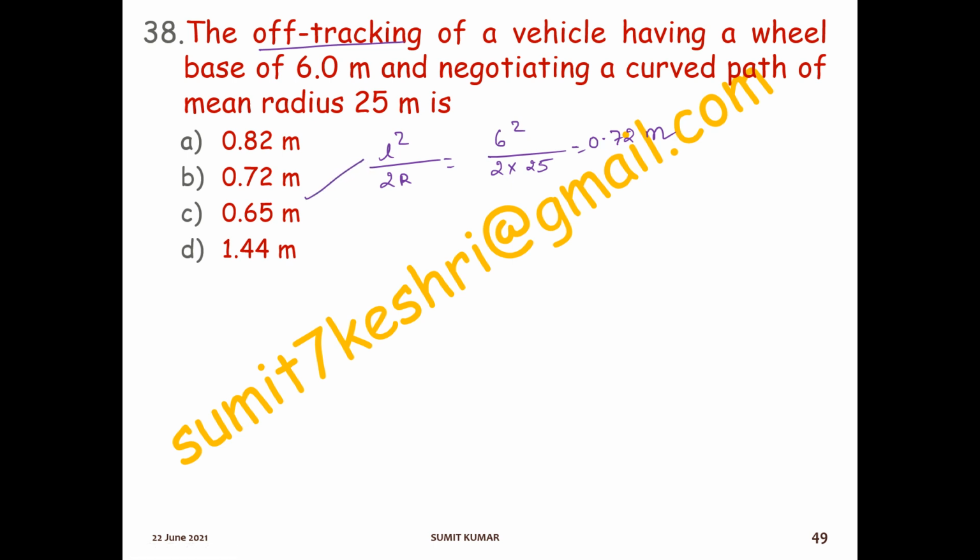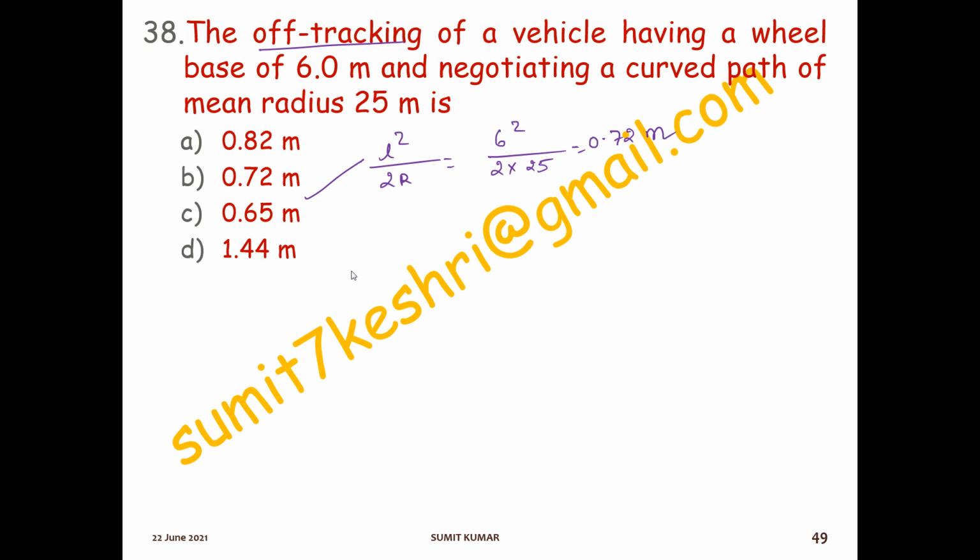Today we have solved questions related to super elevation, which is a very simple and easy topic of geometric design. However, there are many problems, even in GATE, ES, SSC and other competitive exams, in which questions from super elevation are frequently asked. So remember, there are 3 formulas. E plus f equal to V square by 127 R is the very basic equation.